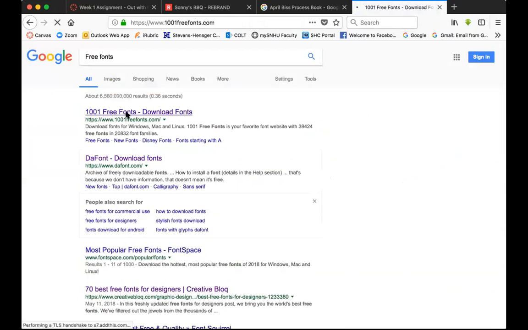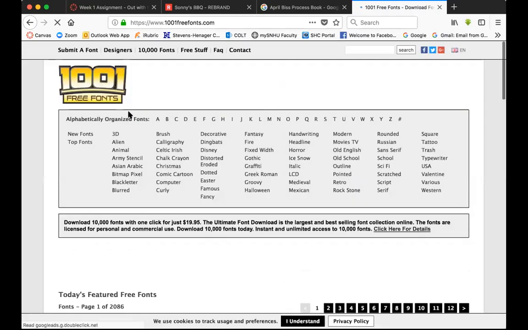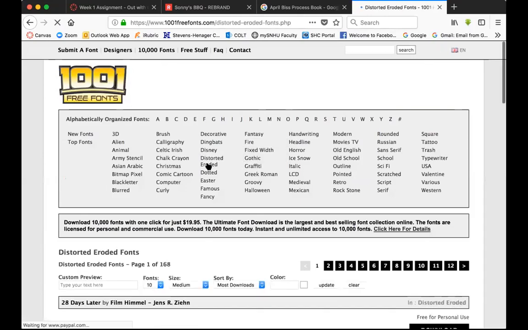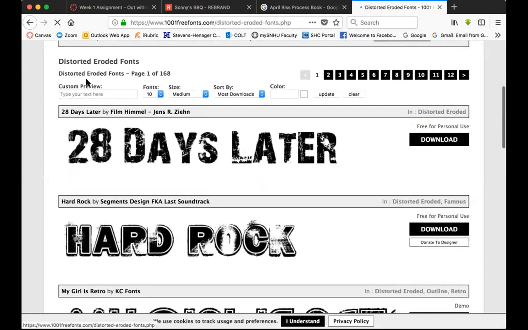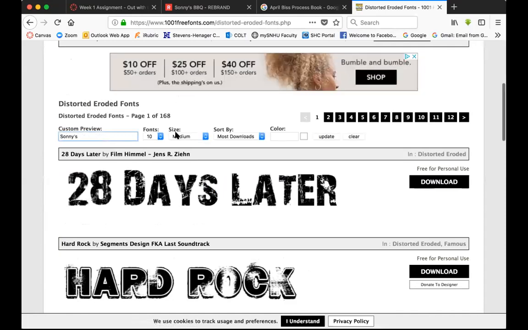There's a whole bunch of different free typefaces. There's distorted and eroded. Check out that. And then you can also type in the name here. So Sunny's would be something that I would type in, and then it should show it within that typeface.